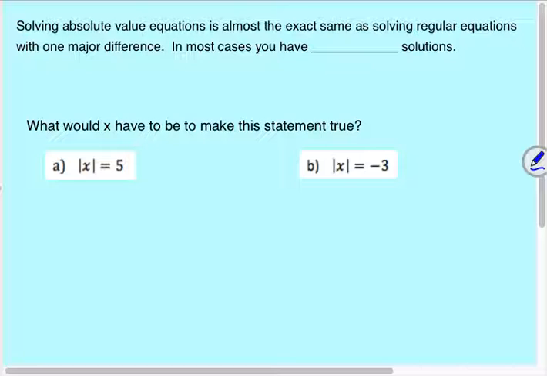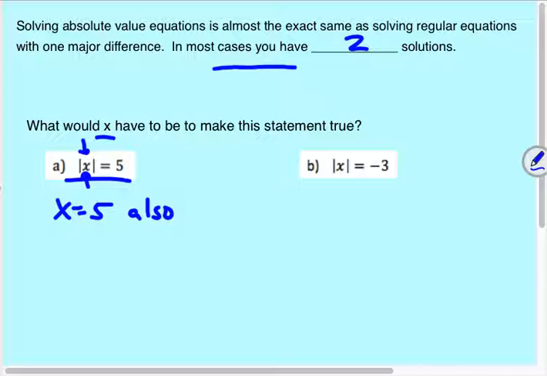Solving absolute value equations is almost the exact same as solving regular equations with one major difference. Whenever you take the absolute value of something, you get a positive answer and a negative answer. So you're going to have, in most cases, 2 solutions. So what would x have to be to make this statement true? Well, for this one, absolute value of x equals 5. Well, if x is equal to 5, the absolute value of 5 is 5. Also,